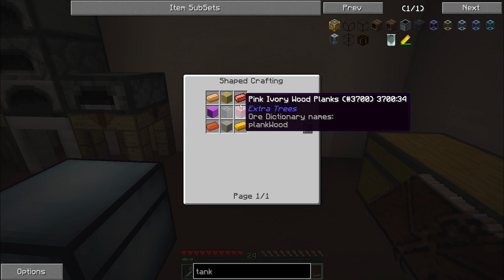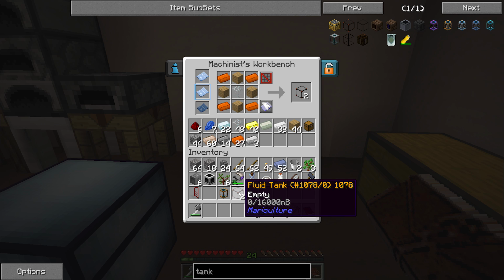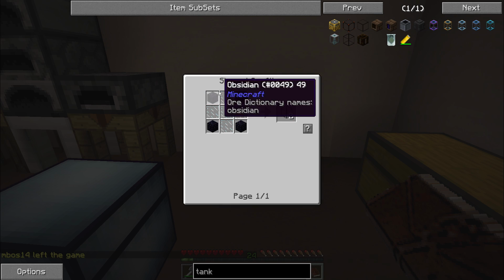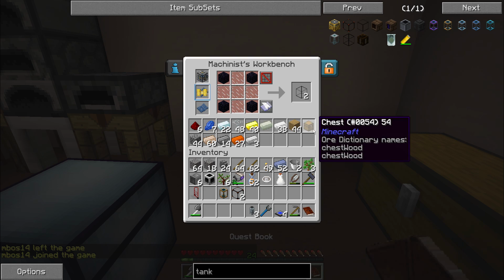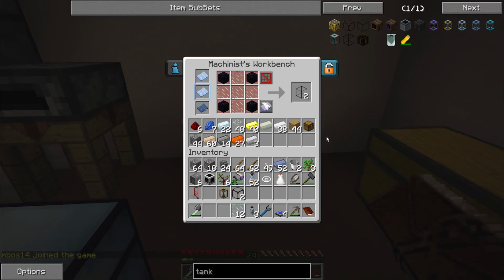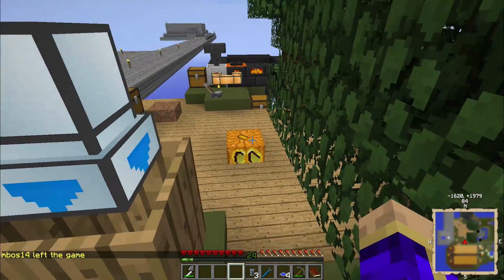The mariculture one requires planks, copper, and glass, and you get 2 fluid tanks out of it that hold 16 buckets each, and the open blocks tank requires 4 obsidian. Ooh, I don't have that obsidian right now. I do have glass panes waiting in here. However, I do have a couple of potential easy ways to get obsidian. I can either